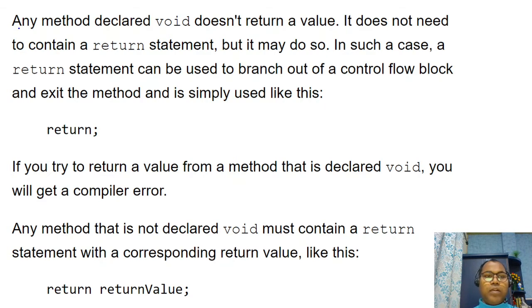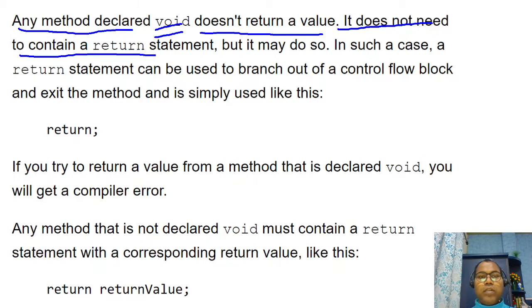If any method declares its return type as void, that means it doesn't return any value, and it does not need to contain any return statement. So if your method has any return type, then you must specify a return keyword. If your method doesn't return any value, the return statement is optional, you don't need it. Sometimes, if a method is void but you